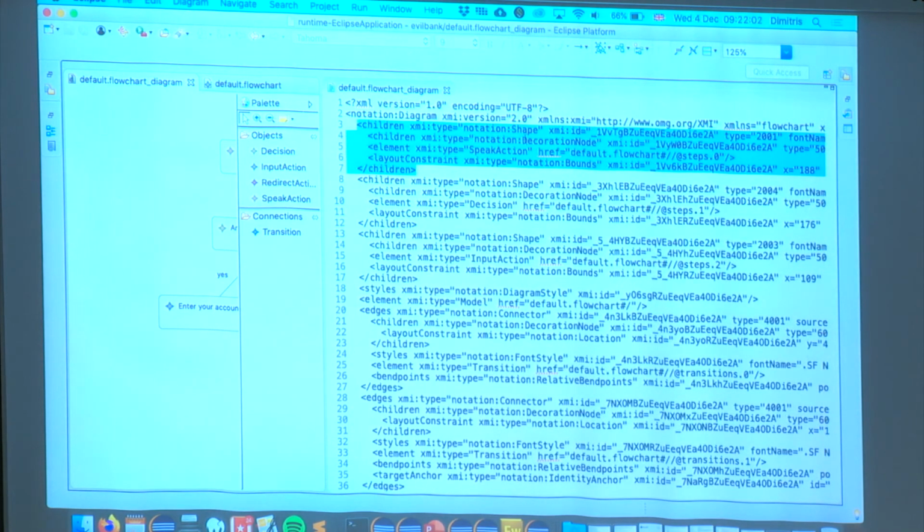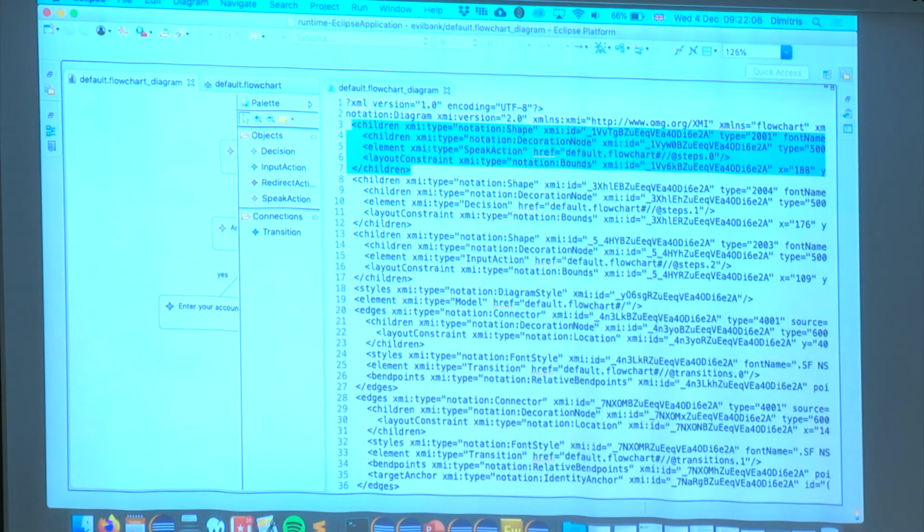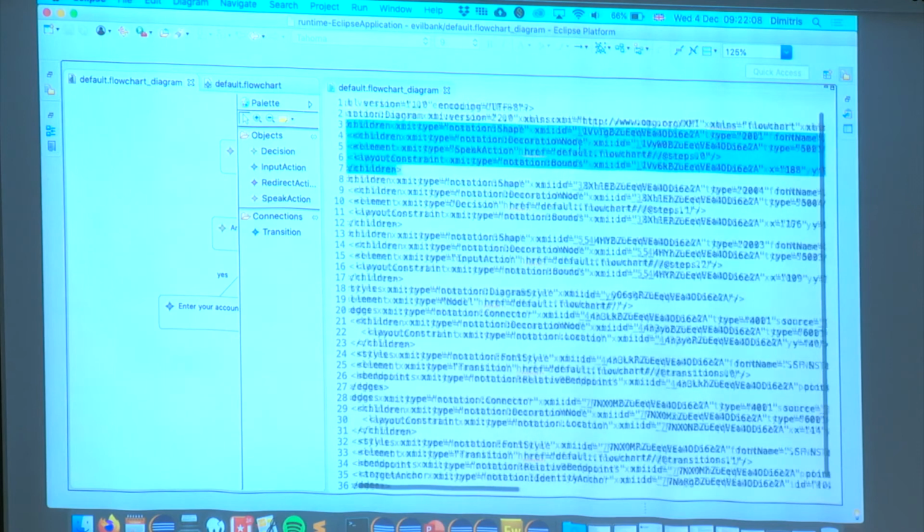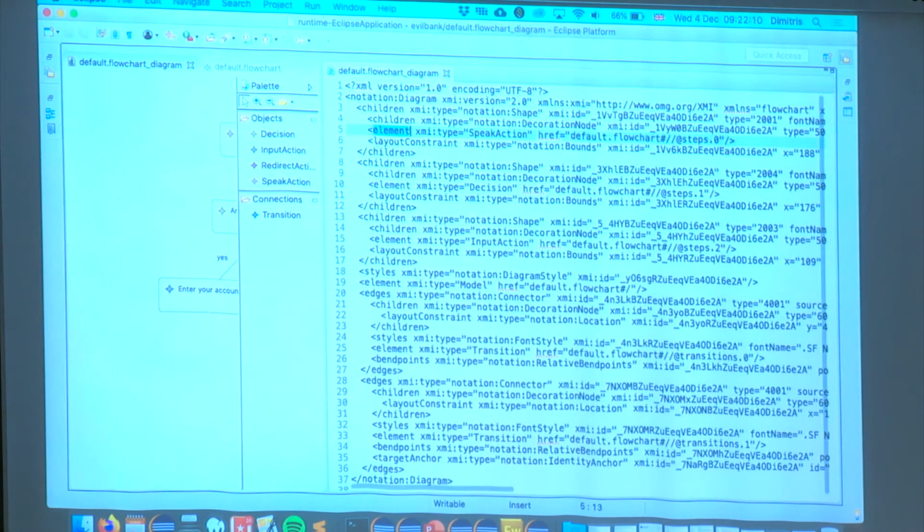It is of type decoration node, which we don't care about. But then it has this element here, and it says that this is actually a link to an element in the default.flowchart model. So the diagram doesn't replicate the information in the model, it just links to it, right? Which means that if I was to